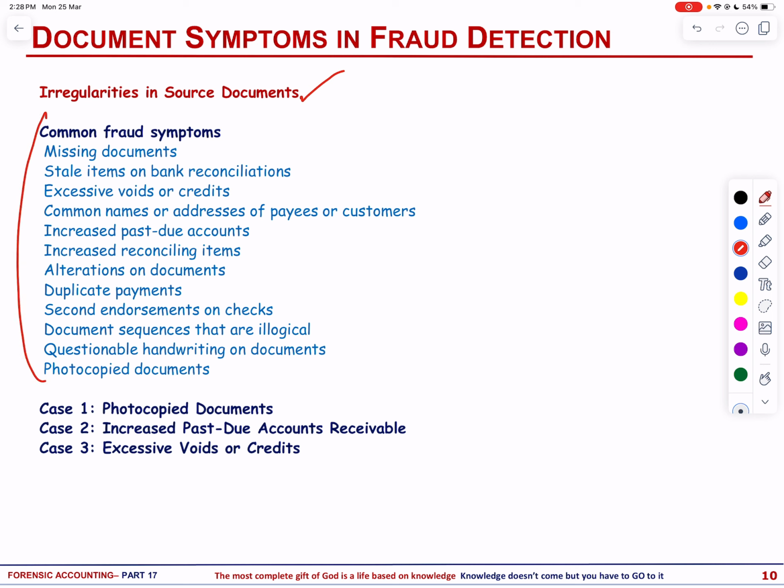Recognizing document irregularities is essential for uncovering fraudulent activities. Let us talk about three real fraud cases where document symptoms indicated potential fraud. These cases illustrate the significance of analyzing source documents in fraud detection. The first case involves the discovery of a large fraud scheme through the examination of photocopied documents, where a vigilant